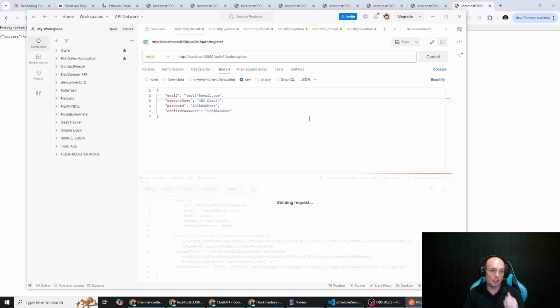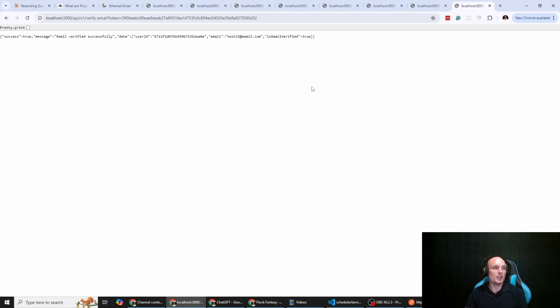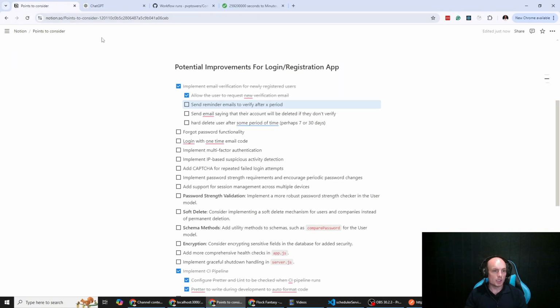Need to send that again. We need to make sure that the second verification email comes through, and then if the user doesn't verify, they're then deleted. So while we're waiting for that, we'll go over to our functionality, and we've sent the reminder emails to verify. We can update the email to say the